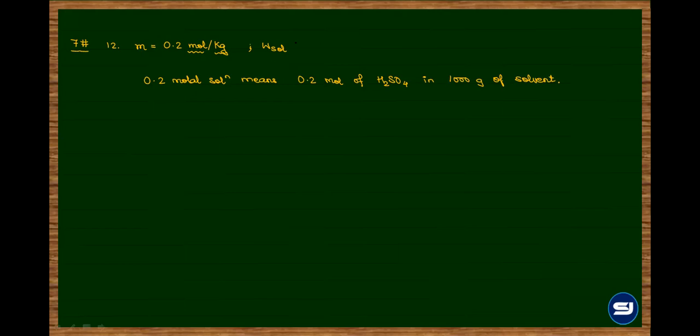Yes, sir. Now W solution means you require W1 and W2. W1 is already given to you, you have to consider 1000 gram of solvent. What we are supposed to find is W2, the weight of the solute, and the weight of the solute can be found from the moles of the solute. Yes or no? Yes, sir. So the weight of the solute is the number of moles times the molar mass of sulfuric acid, which will be 0.2 times 98. Correct?